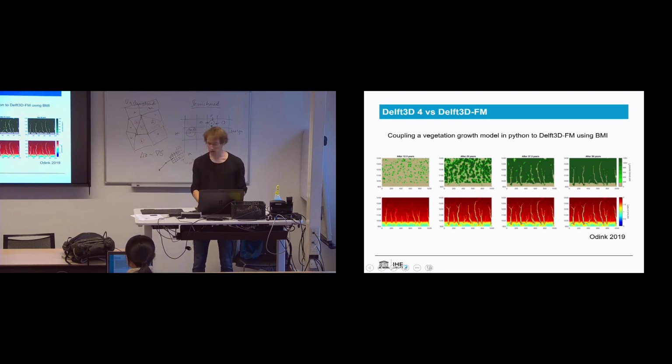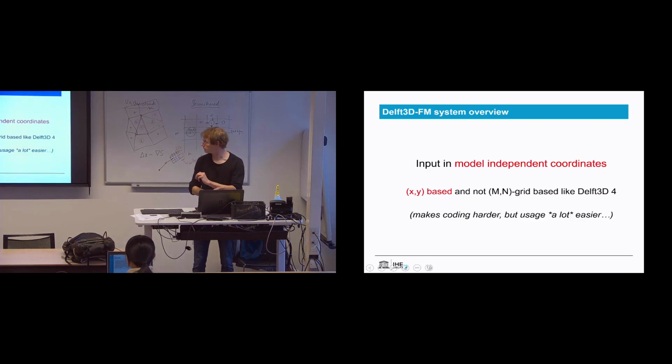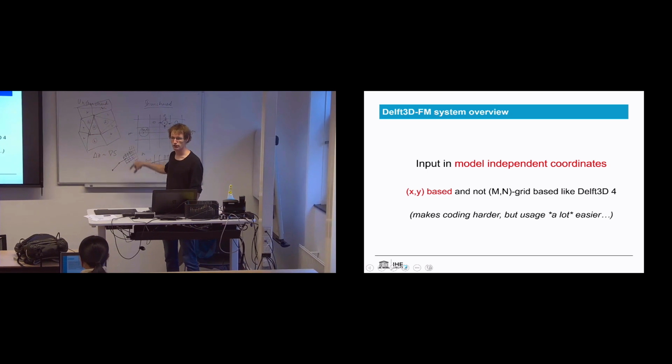So this is a big advantage of Delft3D Flexible Mesh compared to Delft3D 4. As I said before, the biggest advantage is that all the model input is in geographical coordinates. So you don't have to fiddle around with M and N coordinates anymore, and whenever you decide to add two grid rows, you have to redo the whole model setup as before. So here you just draw a polygon, and if you change or refine a grid, then this polygon is still valid for that same grid. Yeah? So like I said, that makes the usage a lot easier, but for us poor coders,